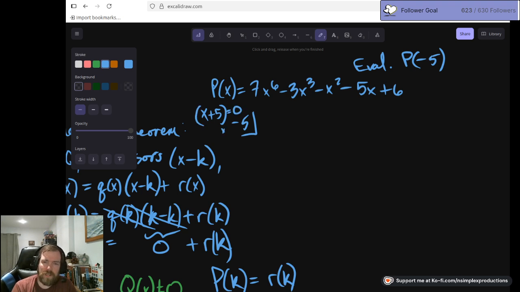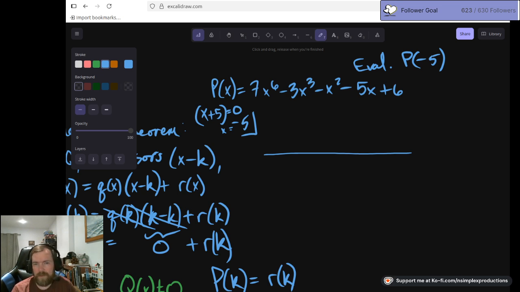So we're saying that x is equal to negative 5. If we're dividing through by the factor whose 0 is negative 5, then what we can do is say, just like we did for the